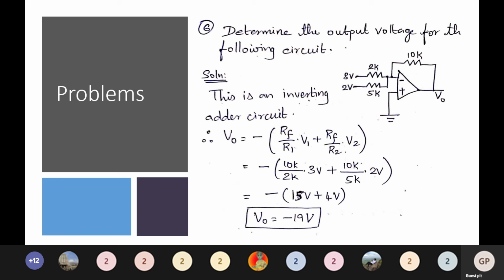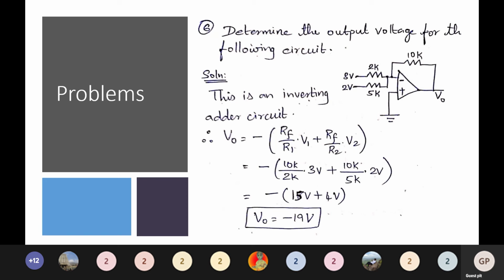Okay, but here you don't have similar values. There are different values, and you have a feedback resistor also with a different value. But anyhow, I can identify this as an inverting summer. So directly let me write the output expression. Output will be equal to minus of, how will the expression come? Rf by R1 into V1 plus Rf by R2 into V2. Like this, however many inputs we have here. Suppose if we have two more inputs also, the same concept will go on. Okay, so Rf by R1 times the input, Rf by R2 times the second input, Rf by R3 times the third input, like that. Of course, you'll have a minus sign, right?